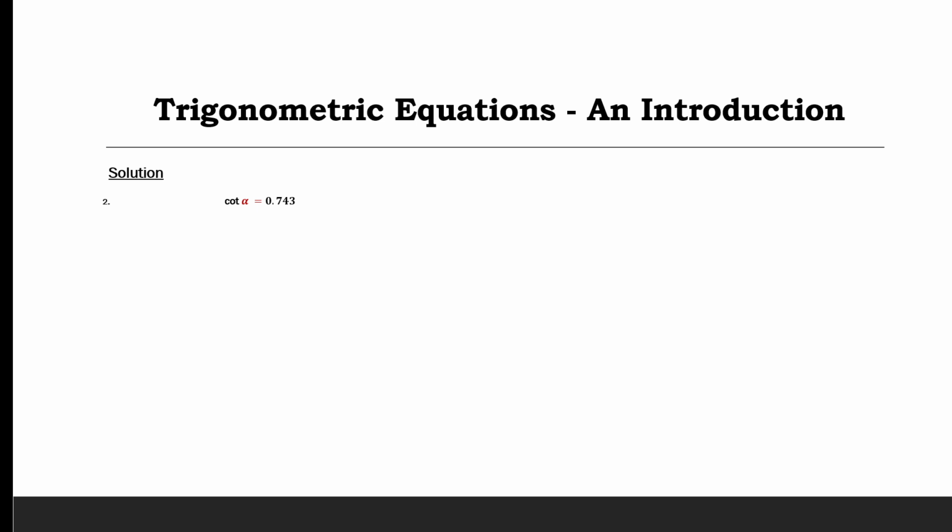are reciprocals. So we can replace cot alpha with 1 over tan alpha. And in the same manner, because we need to make alpha the subject of the formula, we can now reciprocate on both sides. So tan alpha over 1 equals 1 over 0.743. And tan alpha equals 1 over